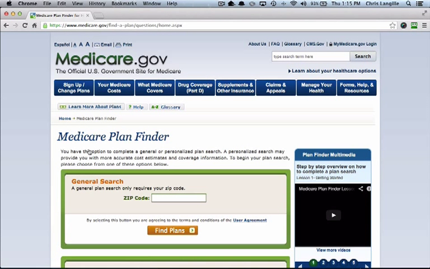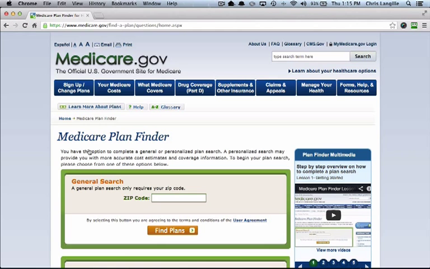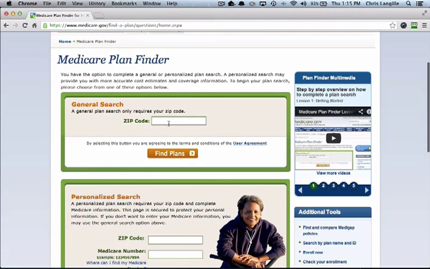You really don't need to know what you're doing here, folks. The Medicare.gov drug plan finder is going to lead you basically right through. All you have to do is answer a few quick questions. First thing they're asking you here is for your zip code. We're going to go ahead and put in Westchester, PA, zip code